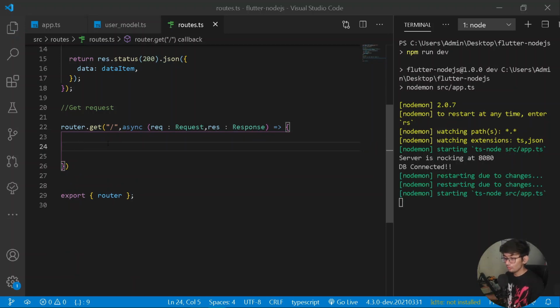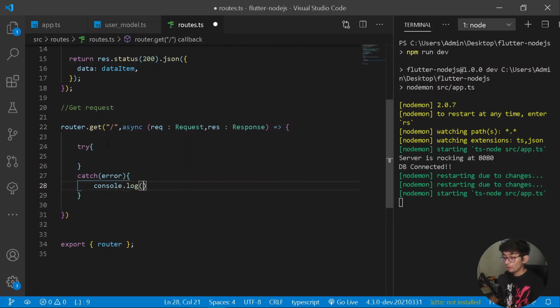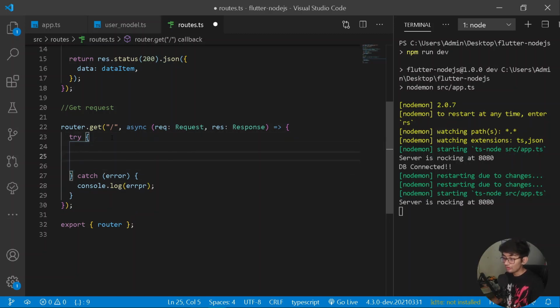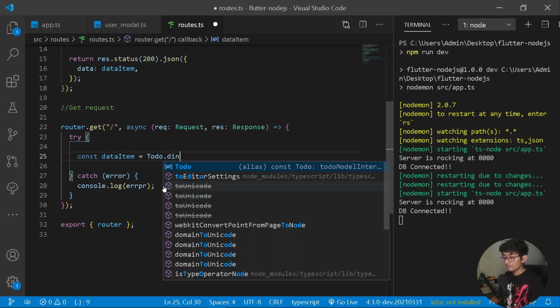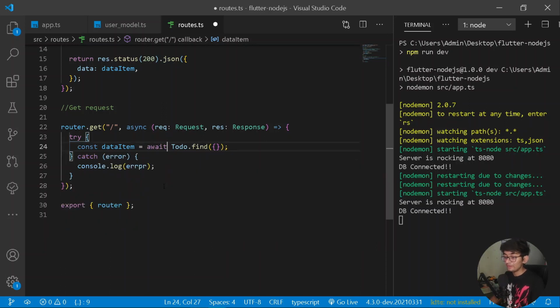So under this, what we can really do is add a try catch block. Why not? So under a catch, let's catch the entire error, and I will be simply writing here console.log my entire error, just like this. So under our try block, we need to retrieve all of our documents from our to-do collection list. So for that purpose, I can simply say const dataItem should be equal to Todo. Let's import Todo first. Cool, so here I can simply say Todo.find. I can find all of my data, so let's add a find method, just like this. Now the method should be awaiting the entire data, so let's add await.